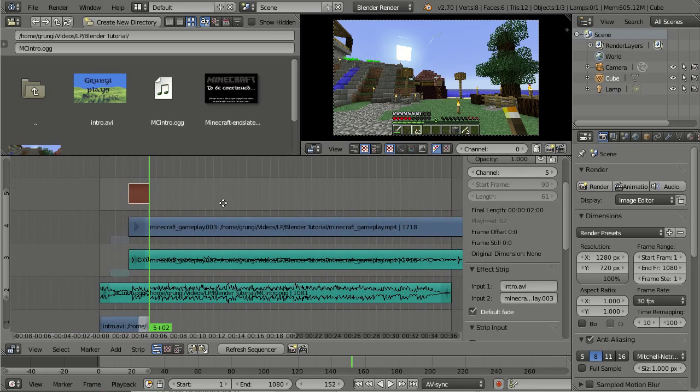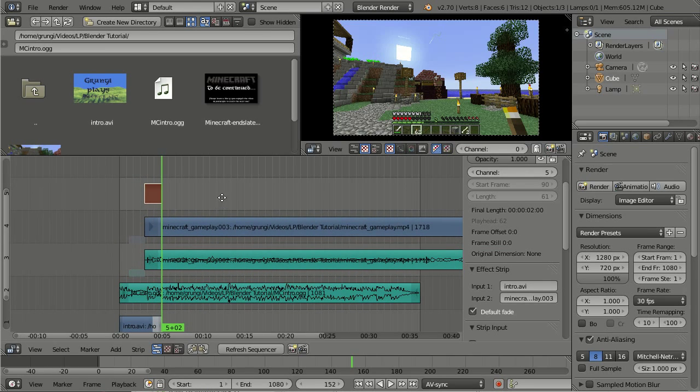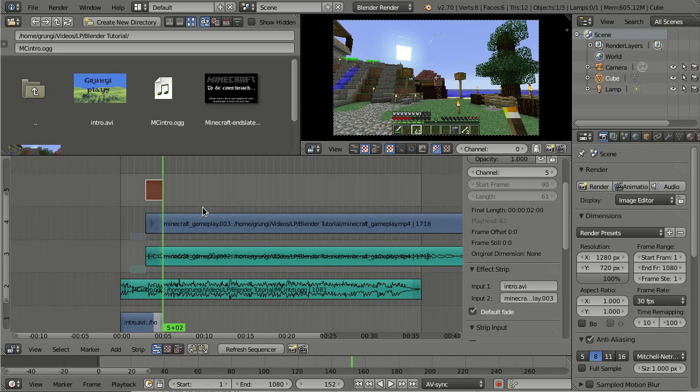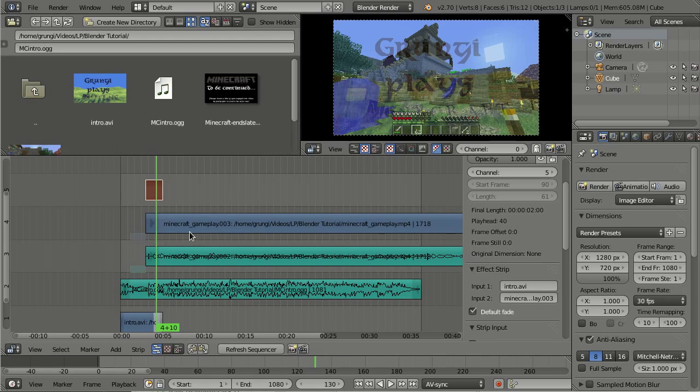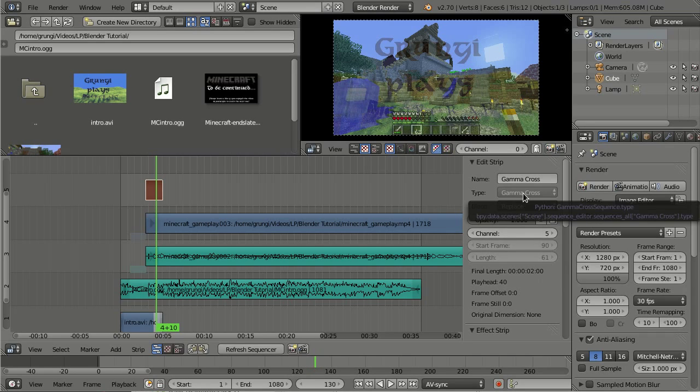I wanted to tell you guys a little bit more about editing, and I wanted to especially show you some other transitions and shortcuts and all that good stuff. For example, here I have a crossfade. As we showed, you can have other effects, and say you selected this gamma cross, and you said, oh man, I would have liked to change the effect type, but I cannot. Well, you can select your